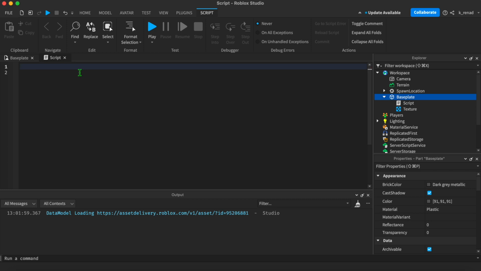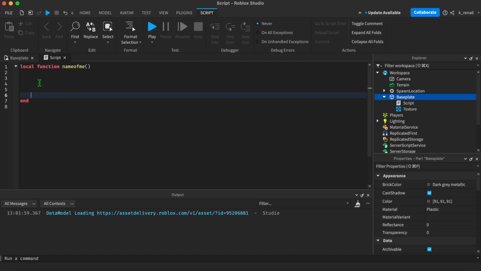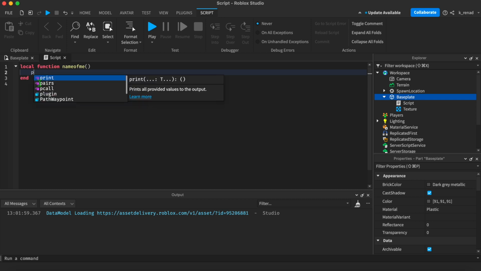So now to create a function we need to write local function. And then we can write whatever we want. I'm going to write name of me. And then inside of this part we write which code we want. So we can write here multiple lines, but now I want to write just one. Like print